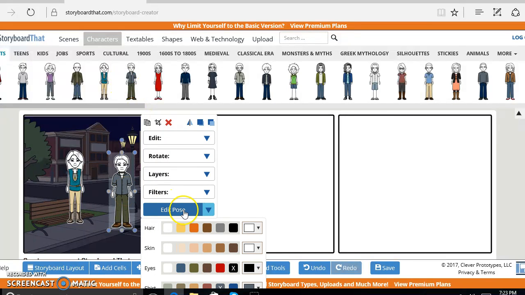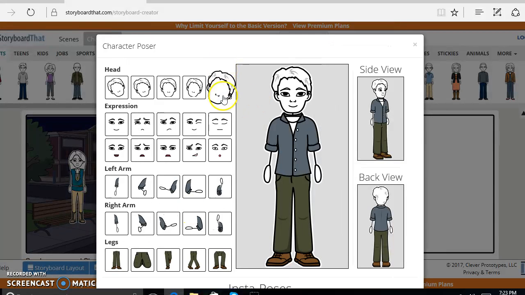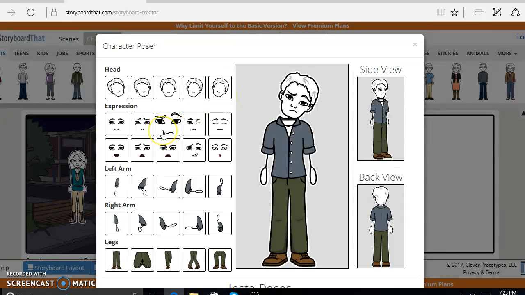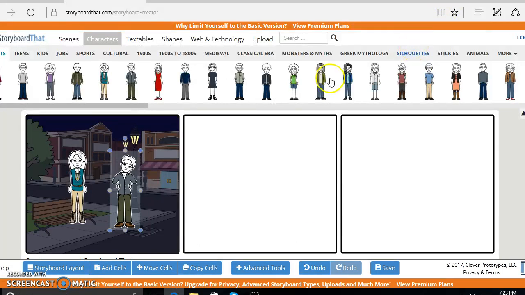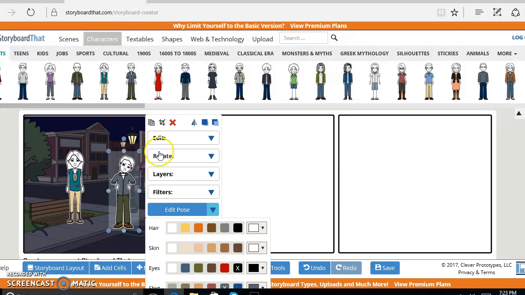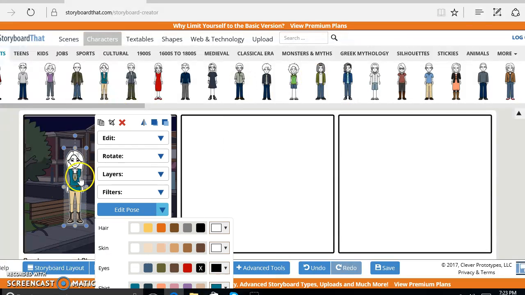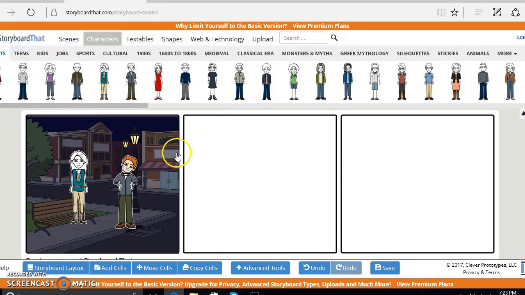And like I did with the scene, I can also edit these people. So I can edit his pose. I can have him tilt his head. I can have him looking confused. I can put both of his hands on his hips. Great. And that's what that looks like. I can also give him a skin color. Change his eye color, give him some hair, and great. I can do the same thing with her, but in order to save time, I'm going to skip over that,